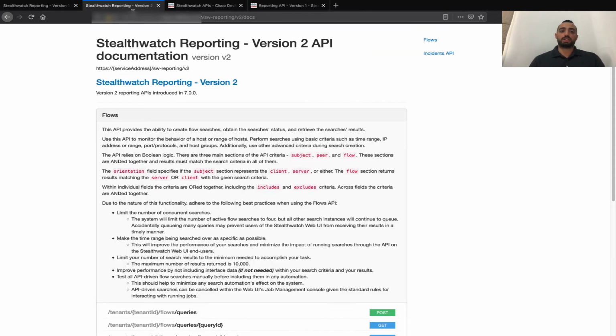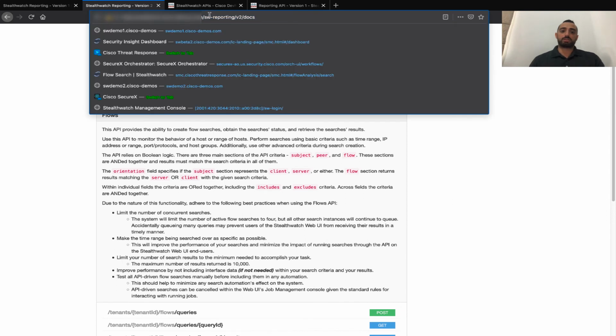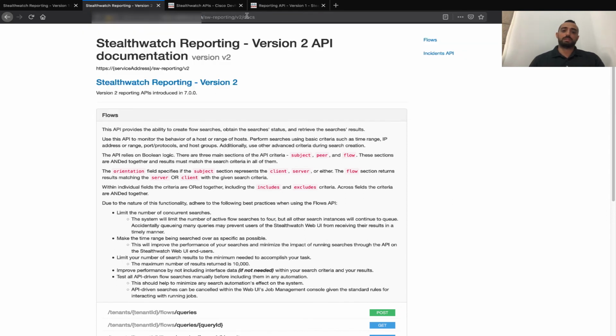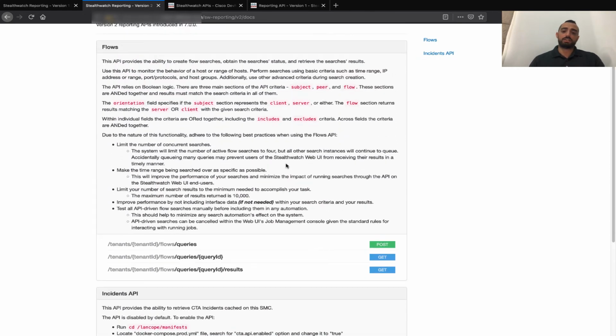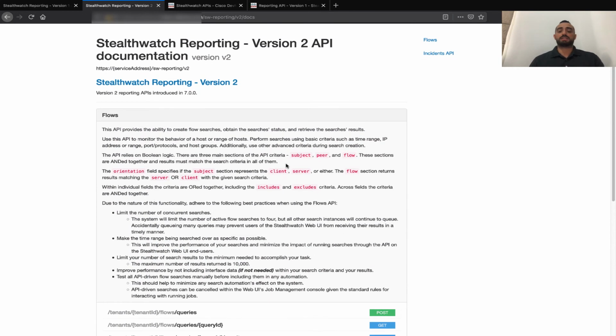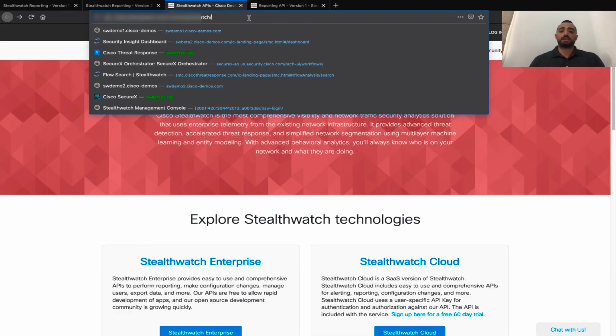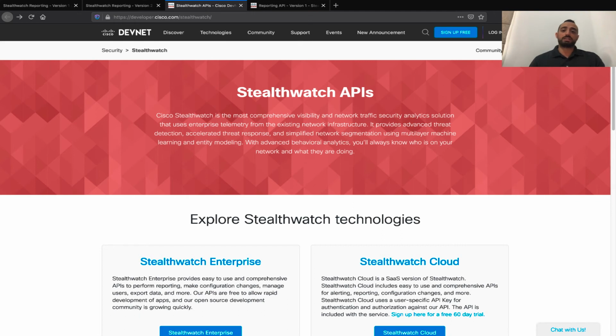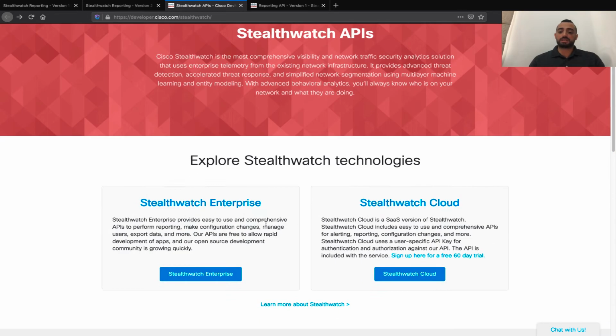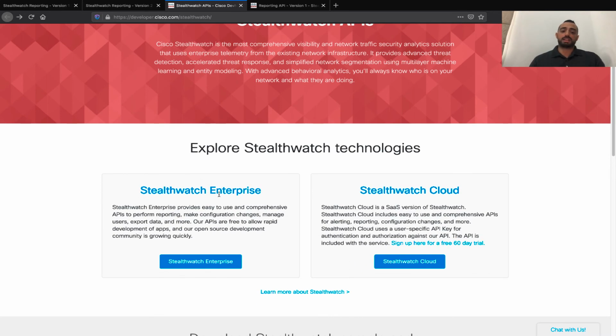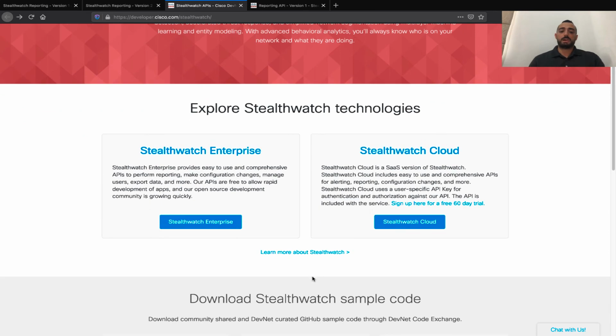Also for your system, you can add the SW reporting v2 docs. Also you get a lot of documentation on the newer capabilities in the APIs. Also a very handy URL that can be really very useful for you guys is developer.cisco.com/Stealthwatch. Once you get on this one, you get the option to go to see Stealthwatch Enterprise or Stealthwatch Cloud